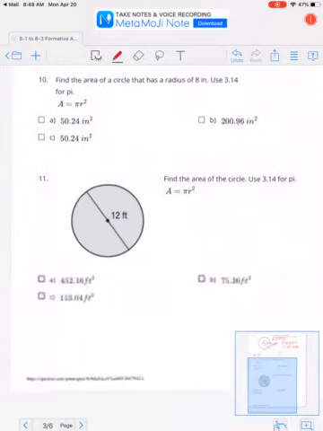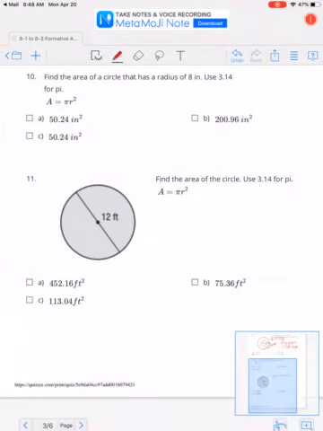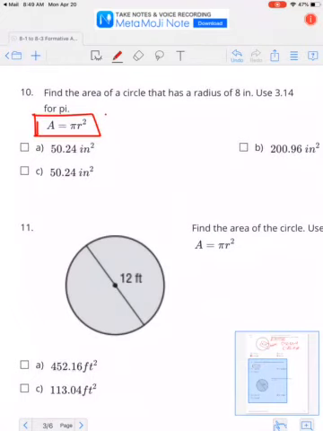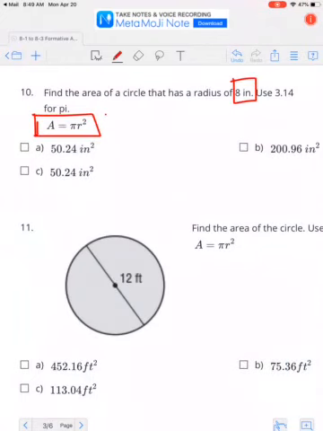Alrighty, number 10. It says find the area of a circle that has a radius of 8 inches. Remember to use 3.14 for pi, and our area formula is pi times your radius squared. Remember, when it's squared, that doesn't mean radius times 2, it means radius times radius. So, if we have a radius of 8 inches, then we have to do area is equal to